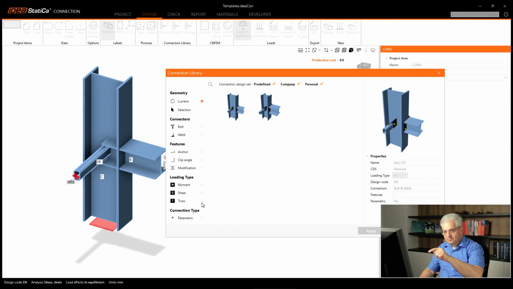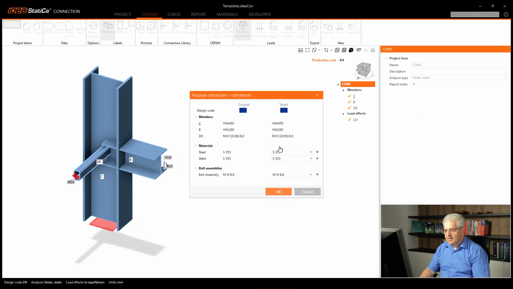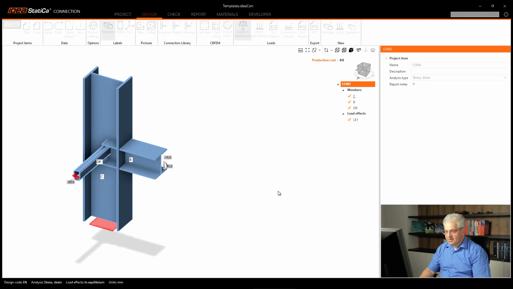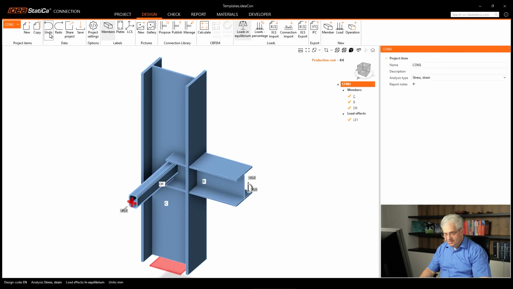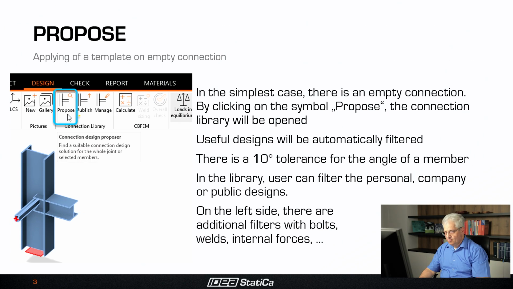This tag will be added to the connection item during the saving. You can see it. And you can select parametric or non-parametric connection. So I will select one and simply go to OK. Then you have to select the materials, the national code materials and bolts. So go back. So that was the first part, how you can use it.